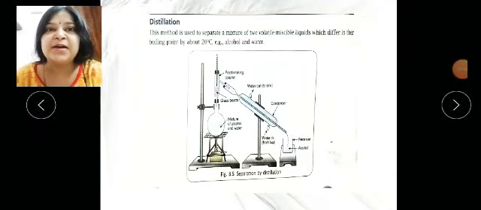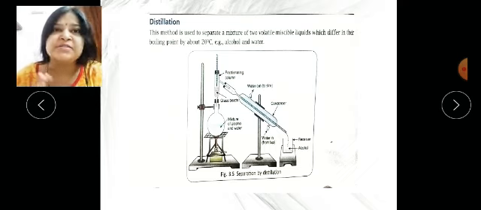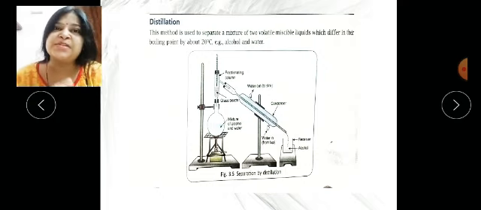Children, I told you in my last video about the purpose and need of these separation techniques, why we do separation of substances and mixtures. The answer is, sometimes we need a useful product from a mixture, and sometimes we need to remove the unwanted product from the mixture. So for that purpose we should use this separation technique.